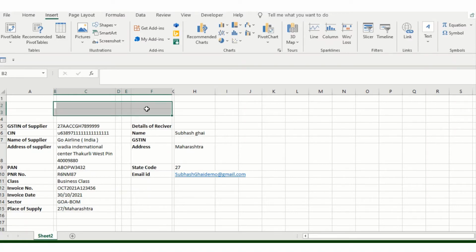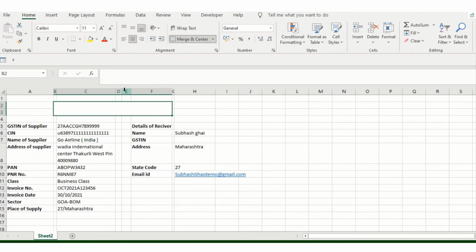I'll click here, and then tax invoice, bold it, just capital this. Okay, and now here again I'll merge this, click on merge and center.